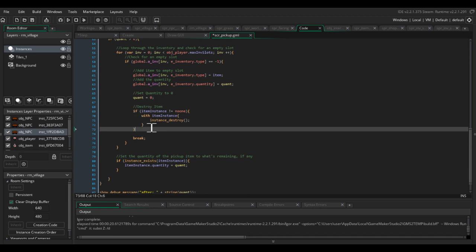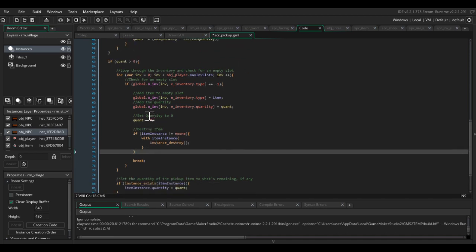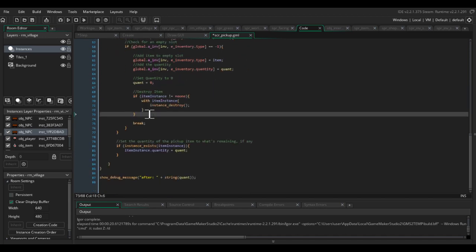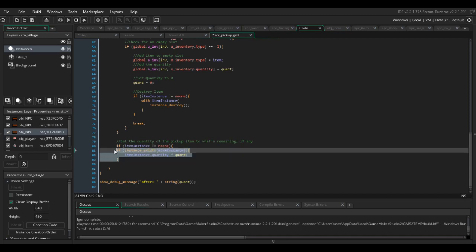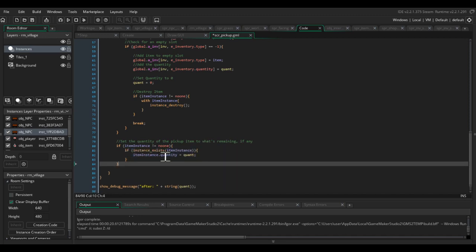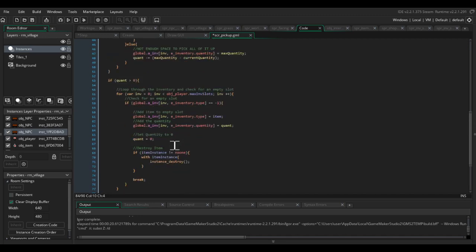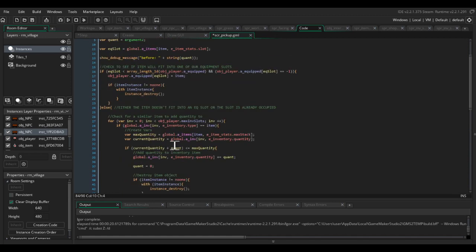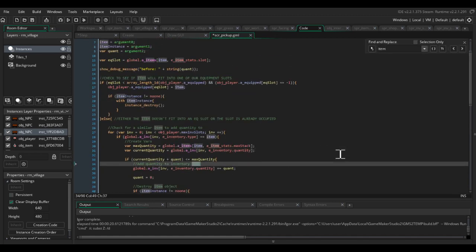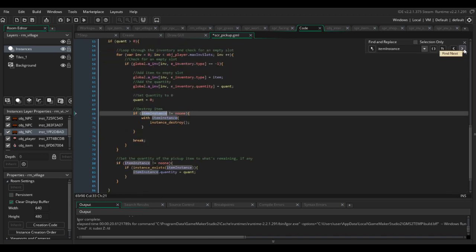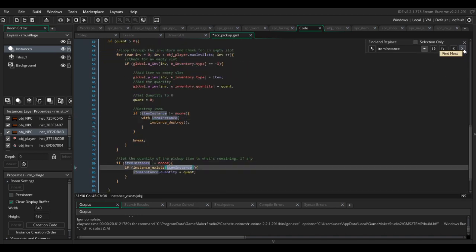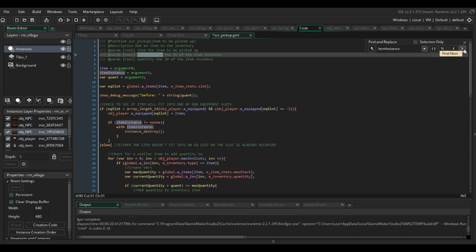Anywhere that we're checking for item instance, we need to check that it's not equal to no one. So 4 times in total, really. Let's just make sure I've not missed any. Okay, so